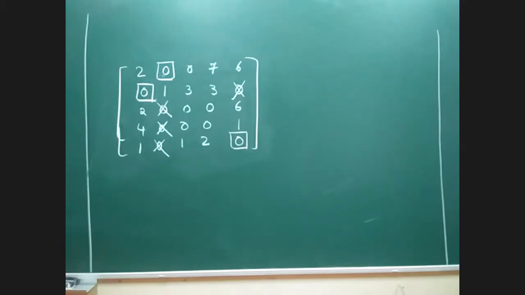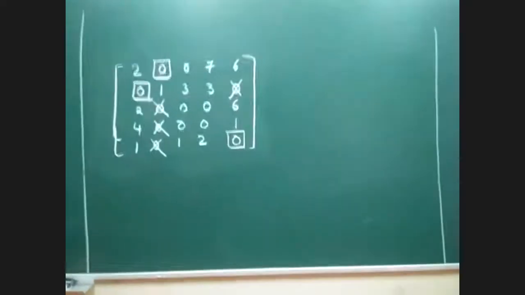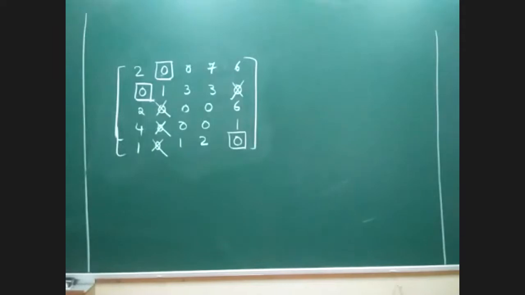The thing is, you have been cancelling the column zeros after the allocation is done. Similarly, you can cancel the row zeros too. Anyway, you'll be getting the similar answer. You can even cancel the row zeros. Ultimately it gets cancelled when you're going for further allocation. But I don't want to cancel right now, because I don't want people to get confused at that stage.